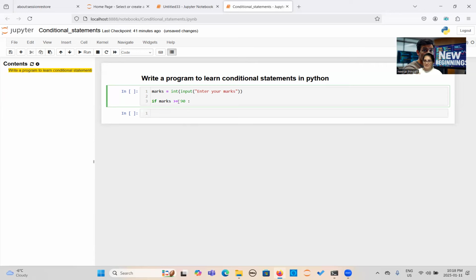This can be greater than or equal to, not equal to, less than or equal to, and there are other conditional operators as well. I will share a link with you and you can look at the other conditional operators as well. You can try and practice using those conditional operators too. Now, if marks are these,